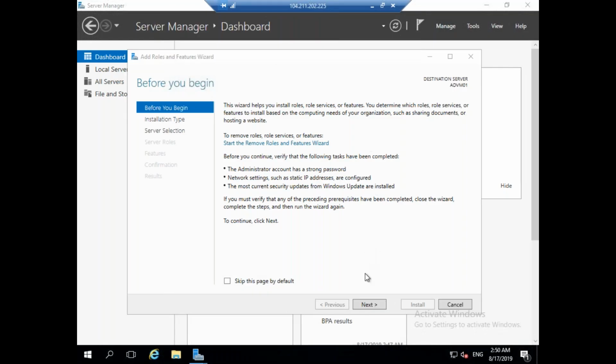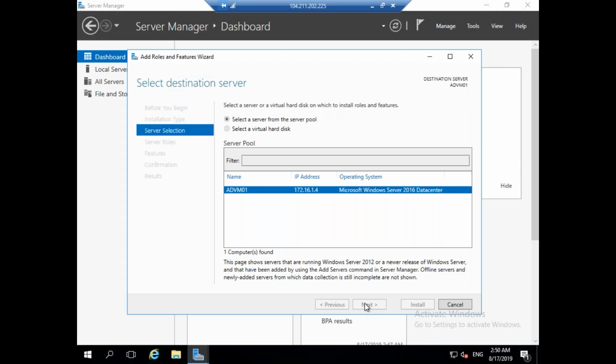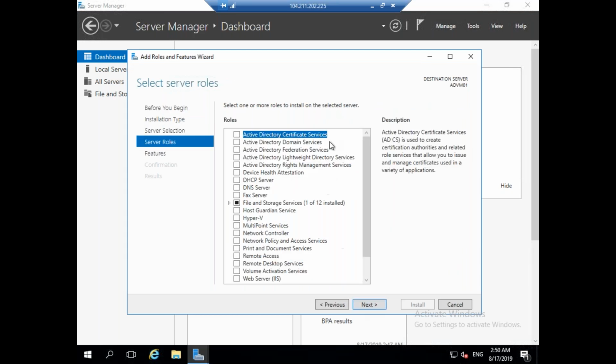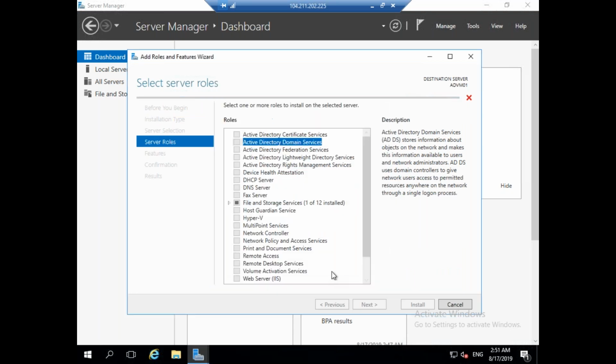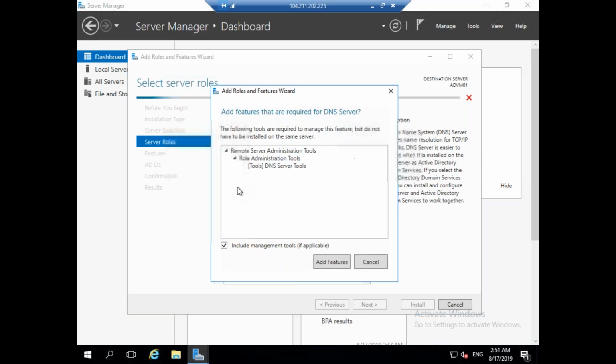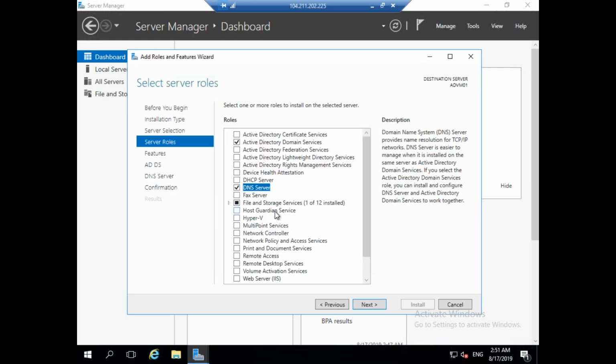Okay, this is opened up, so I'm going to add domain services to the server, ADVM01. So Active Directory Domain Services and DNS. Two things are required for configuring the domain. So DNS server, these two features are required. So I'm going to install both of them here. Right now you see only dashboard, local server, all services, all that. Once this is done,